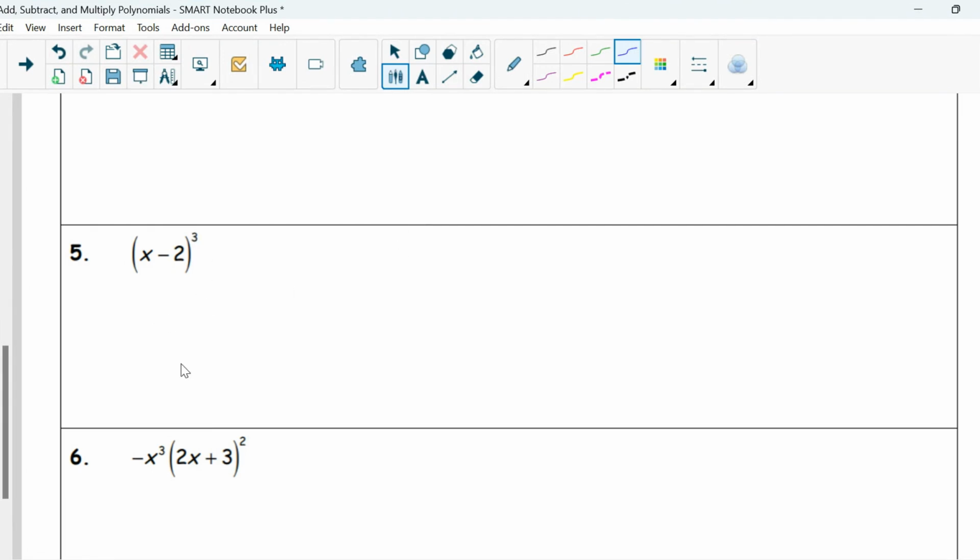So whenever you have a binomial like this, where you're cubing it, you want to write it out as your 3 steps of multiplication. So I've got x minus 2 times x minus 2 times x minus 2. So obviously, we can't go ahead and multiply all 3 of these at the same time. So we're going to break it into 2s and we're going to FOIL. So the first 2 I'm going to look at, I'm just going to take these first 2 and I'm going to FOIL. Remember, first, outer,